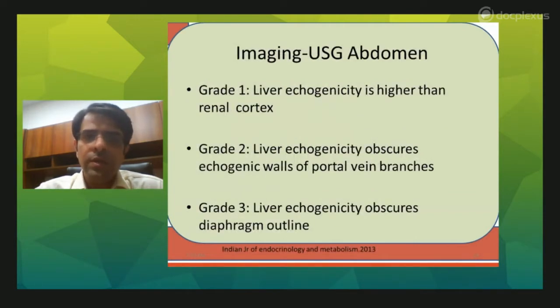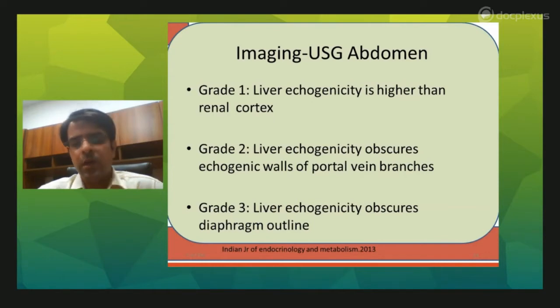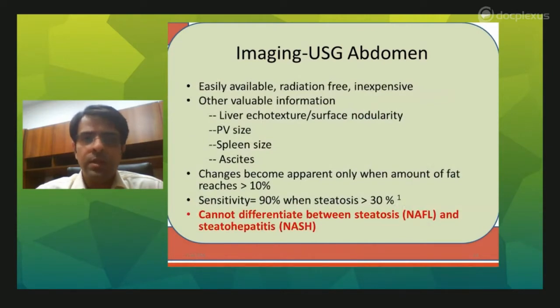So usually we see these reports: grade 1 fatty liver, where the liver is brighter than the renal cortex; grade 2 fatty liver, where the brightness of the liver obscures the echogenicity of the portal vein branches; and grade 3, where the brightness of the liver on sonography will obscure the diaphragm outline. So usually we see this report: grade 1, grade 2, grade 3 fatty liver on sonography. So USG is a very important, easily available, radiation-free, inexpensive